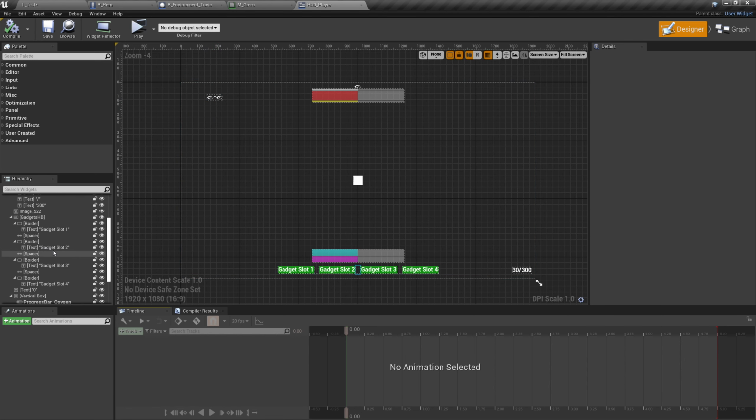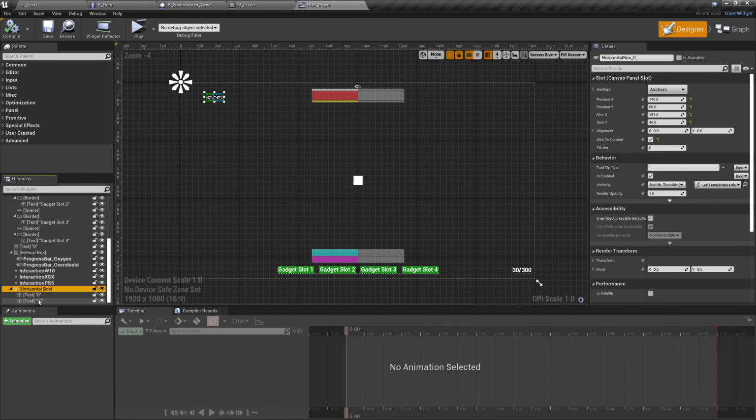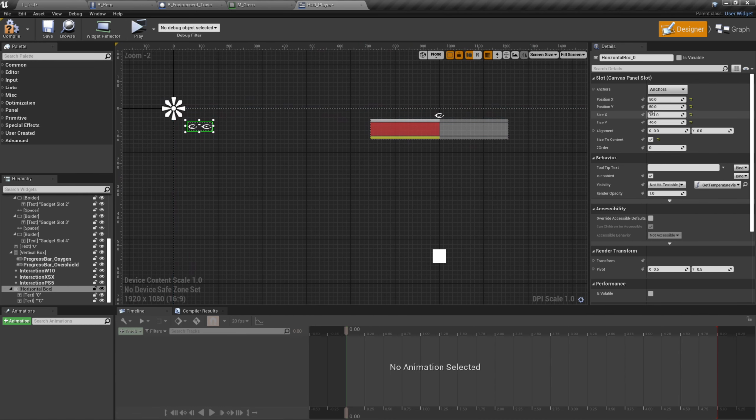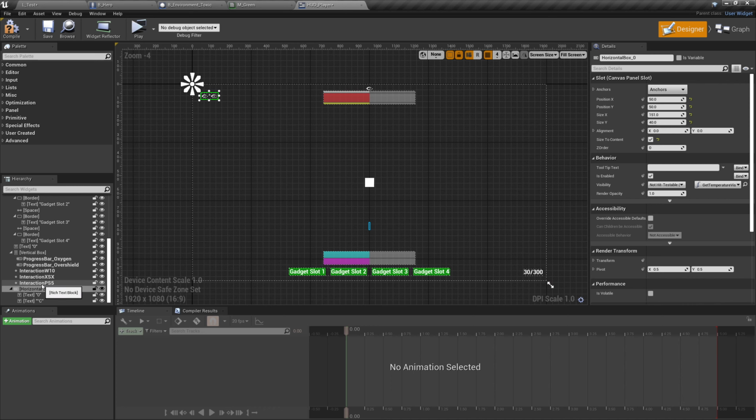So let's have a look at what we've done there. We've added a horizontal box with 2 text values and mapped one of the text values. I'm just going to put this at a more exact coordinate because I didn't do that in the last one. Because now that I've lined that up in such a way, I can actually mirror that on the other side. So let's call this HB_temperature, so we know what it is. Copy that, back up to the canvas panel, paste that, and instead of temperature, let's call this